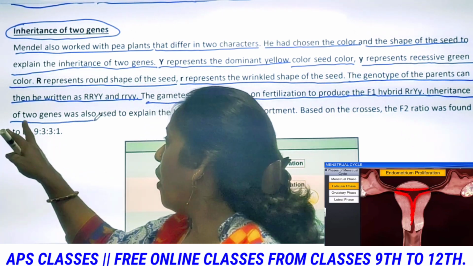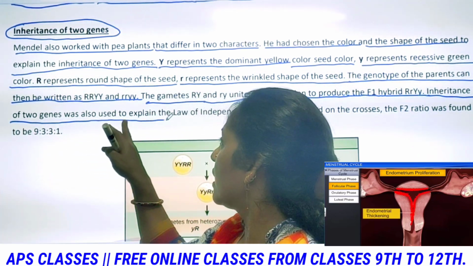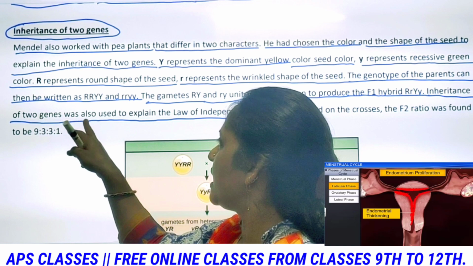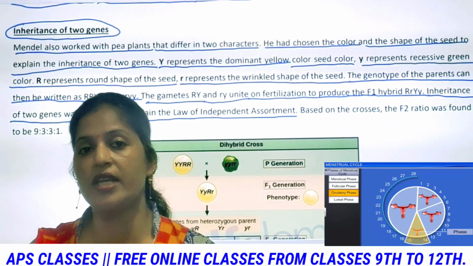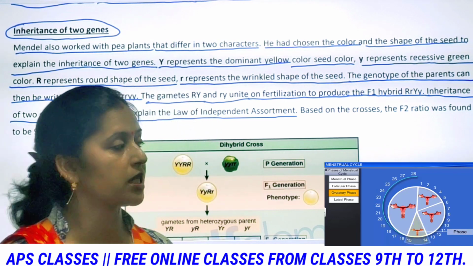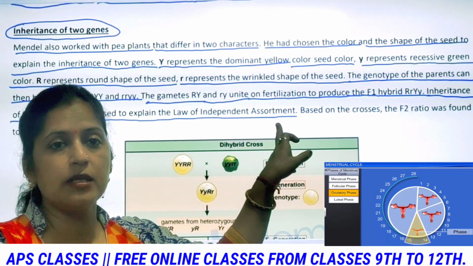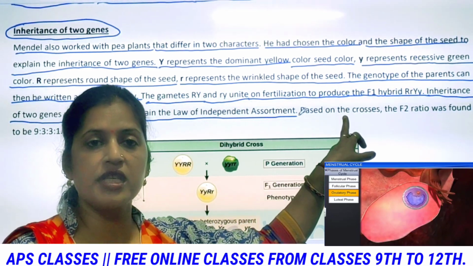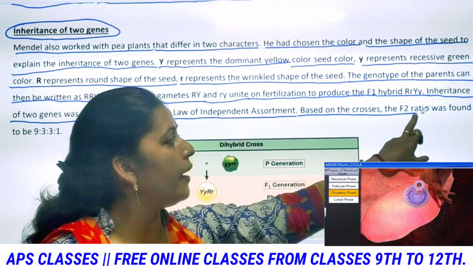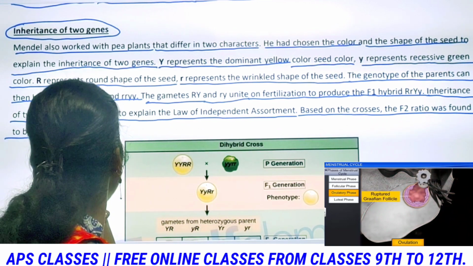Inheritance of the two genes was also used to explain the law of independent assortment based on the crosses. If we look at the crosses, the F2 ratio was found to be